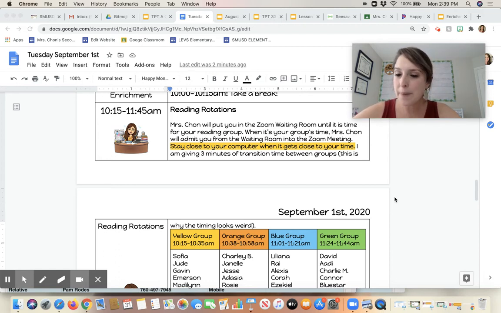My hope is that we're not losing as many kids, and you don't have to set a timer because I'll just let them back in. Please make sure that they're around their computer at the time they have to be there. If they want to go read somewhere else in the house, that's great, but make sure they're by their computer when it's their time.